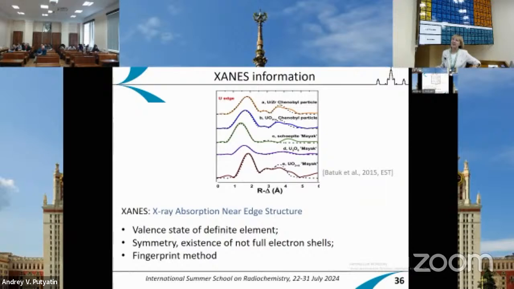We can see the valence state of definite elements, symmetry, existence of not full electron shells, and it is a fingerprint method. If you have some reference materials, you can see the valence state of your sample for such elements as plutonium, uranium, and some others. It is very important to understand valence state because there are different migration methods of different oxidation states